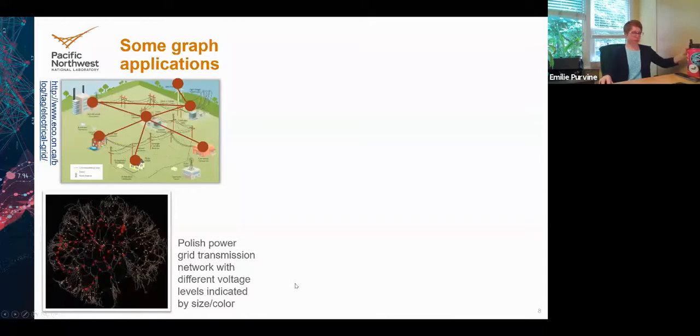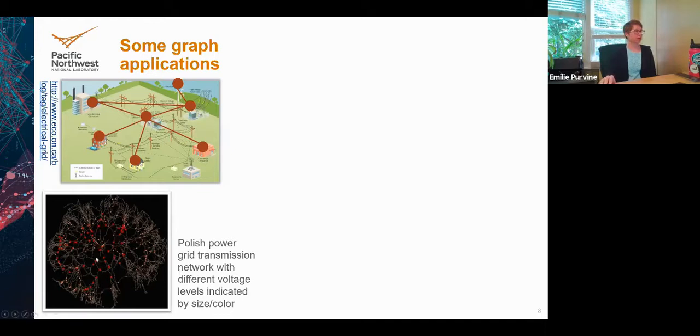And network science is really helpful in a lot of applications. So just noting a couple of applications here. The first that I've worked on is a power grid. So you can model the power grid where vertices are power consumers, distribution centers, substations, generators, things like that. And then power lines are represented as edges between those elements, sort of an abstract picture at the top. And then this is an actual graph rendering of the Polish power grid. It's a transmission network, so not distribution to every individual home, but just the big high voltage transmission network at different voltage levels.